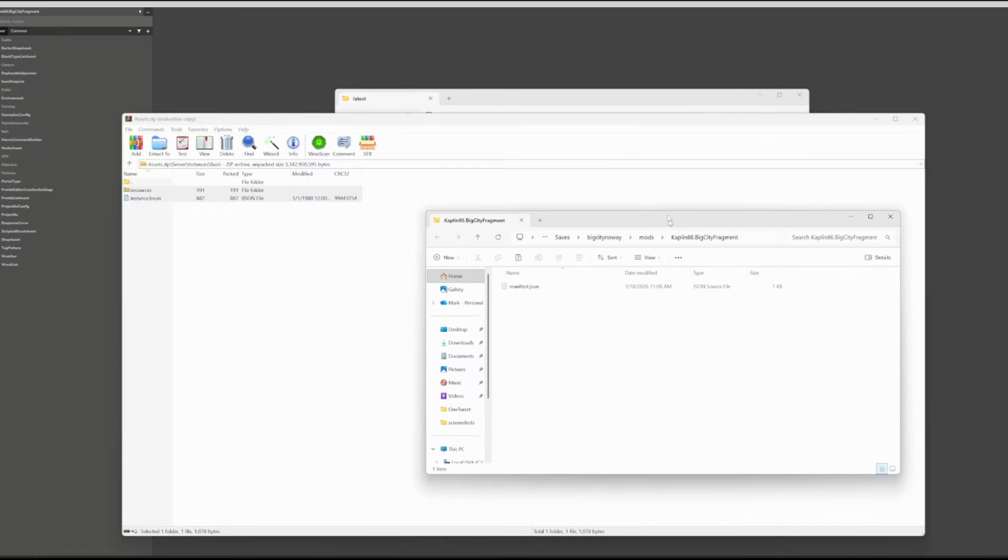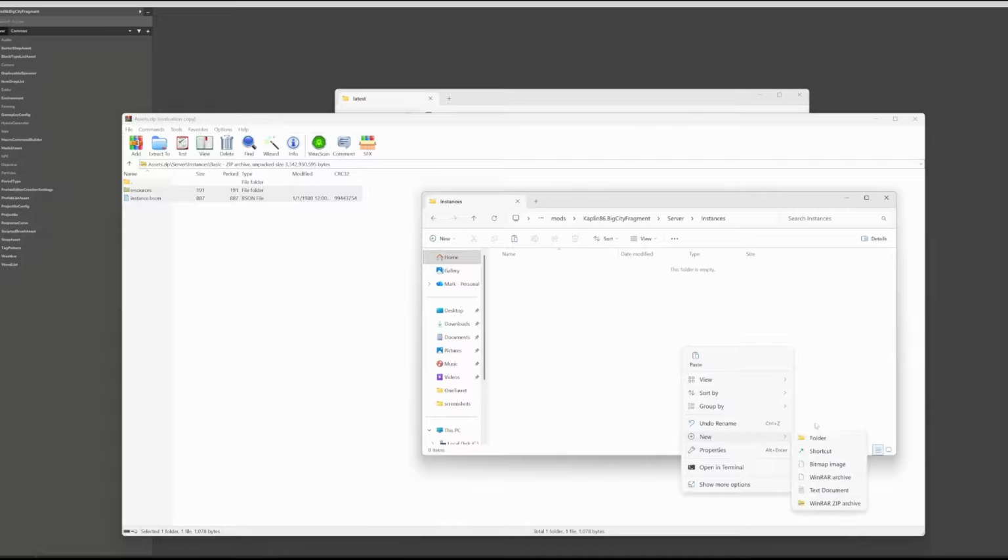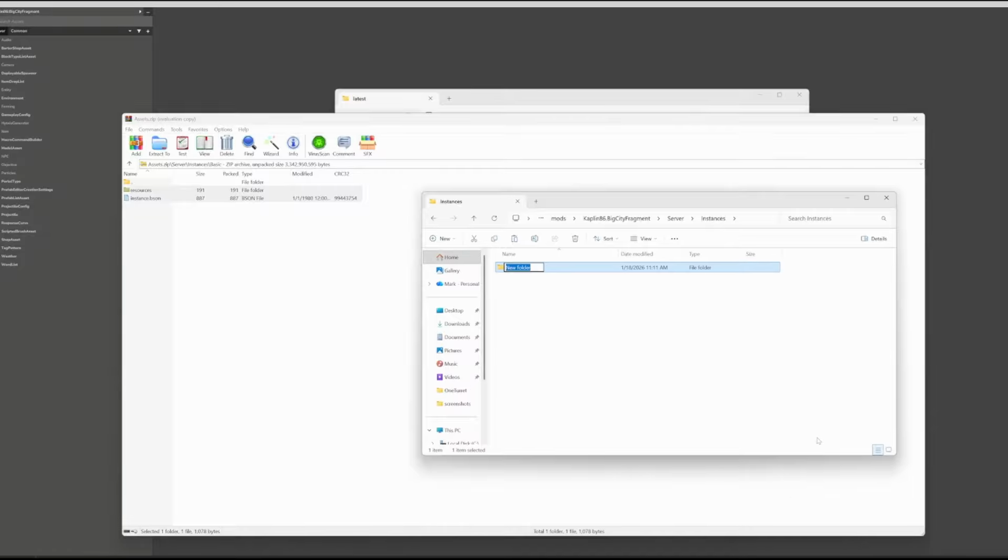Then, back in your mod folder, create a server folder, create an instances folder, and then create a folder that is the name of your instance. So for example, I will make mine Big City Instance. I'm going to paste the files under there,